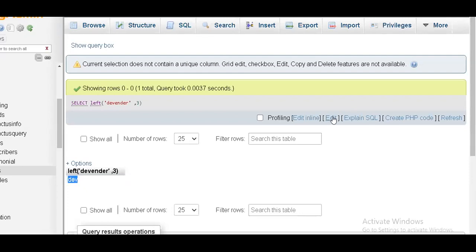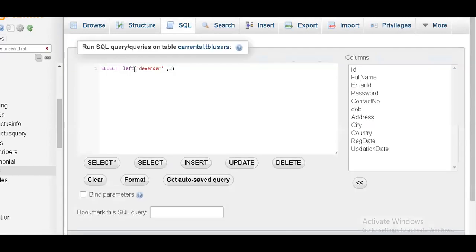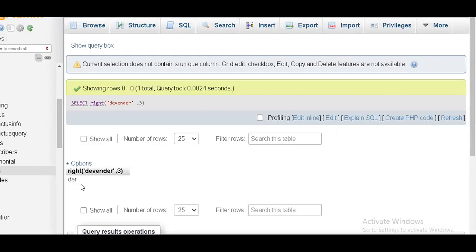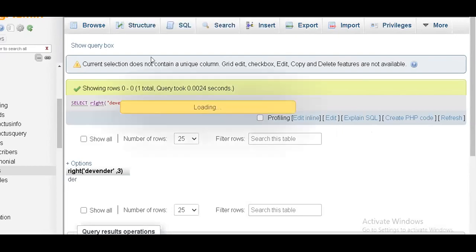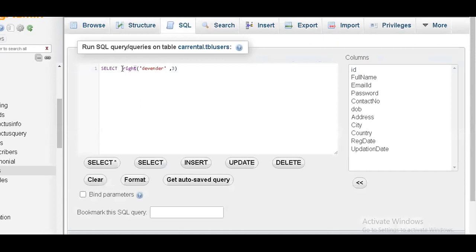Then I want right, from the right side, 3 characters. So it will give me the DER. Okay, I got the DER. Then mid value I want. So I want the mid value starting from 1 and length 3, something like this.